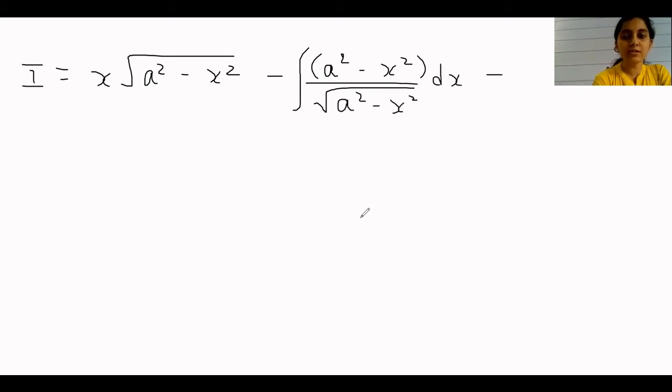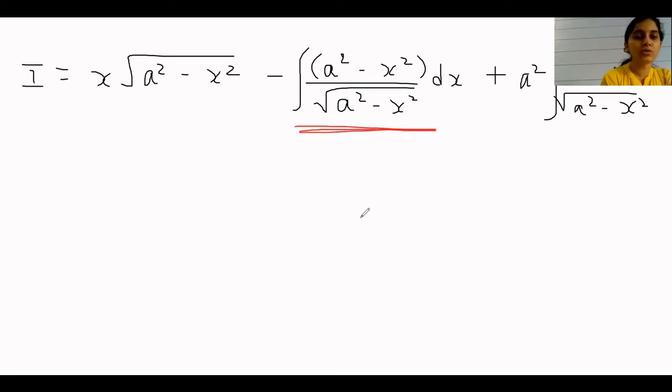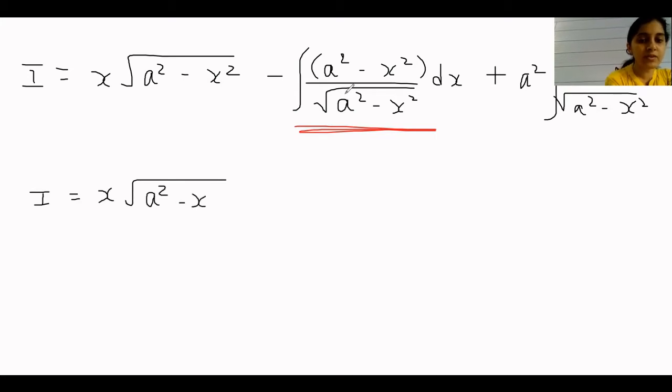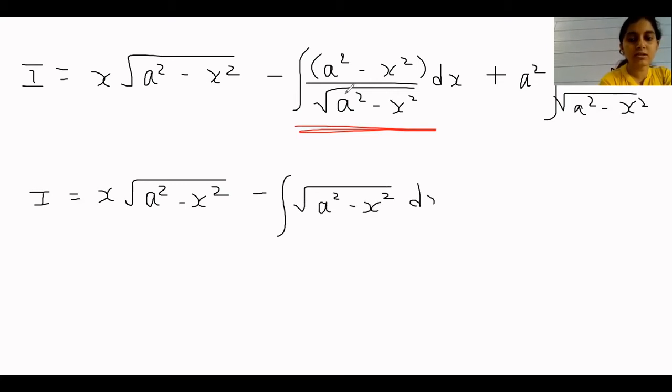Minus into minus becomes plus, a square comes out, integration of 1 upon root of a square minus x square dx. Now this second term here, we'll rationalize it. So what do we get? I equal to x root of a square minus x square, minus integration root of a square minus x square dx,